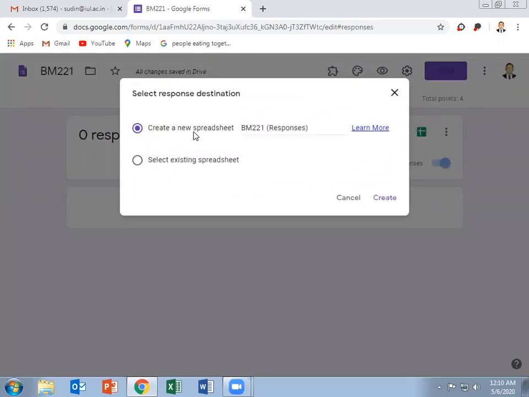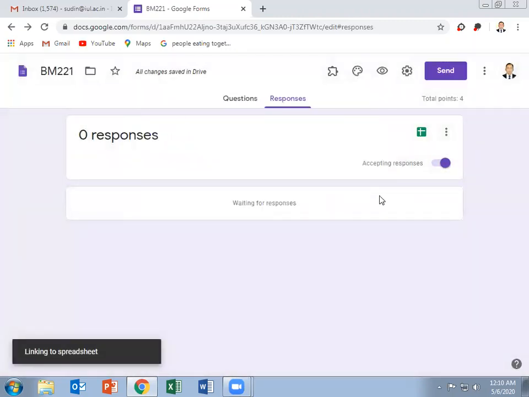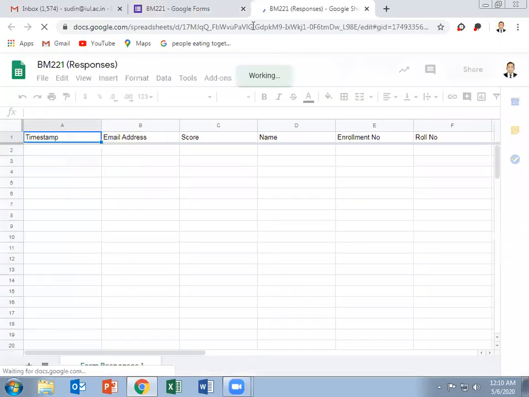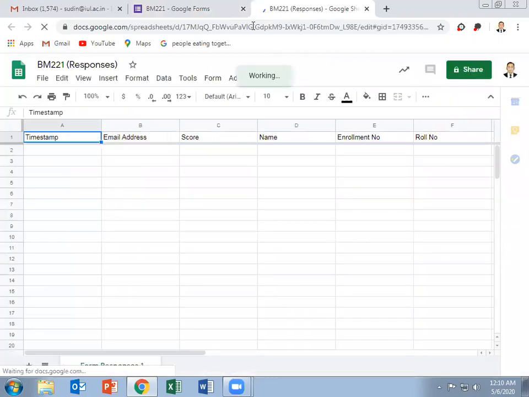Here Google has already renamed the spreadsheet as BM221, that is for commercial law responses. So you have to create this by clicking this one, and now your responses can be seen on this Excel sheet, which can be downloaded easily.